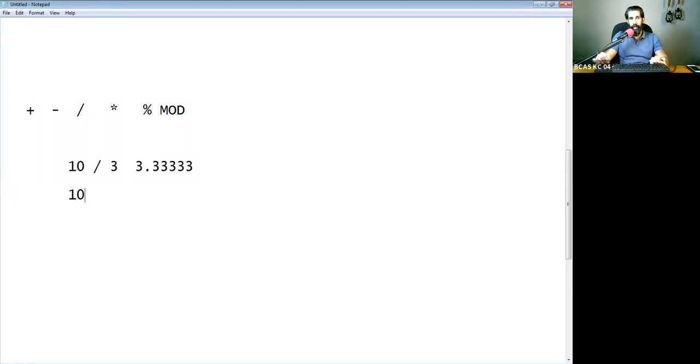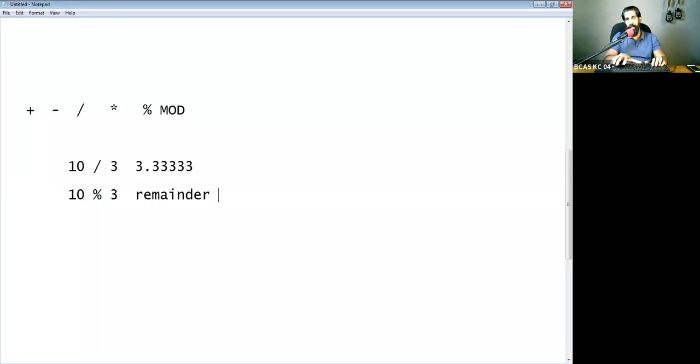But if you modulus divide, you can write the word as mod, or you can write this operator. Side by side I'm doing it so it's easy for you to understand. If you modulus divide a number by another number, the answer is not 3.333. It is very wrong to pronounce this as 10 divided by 3. It is modulus dividing by 3, and it will always give you the remainder. How much is remaining? The remainder will be given.